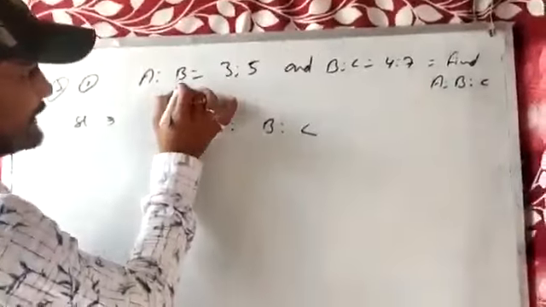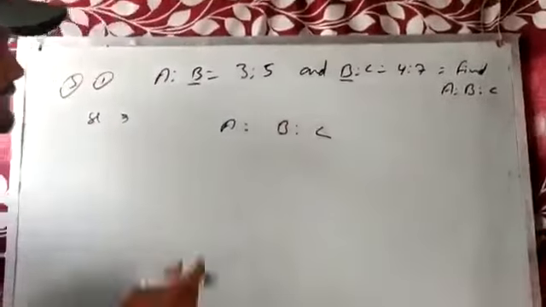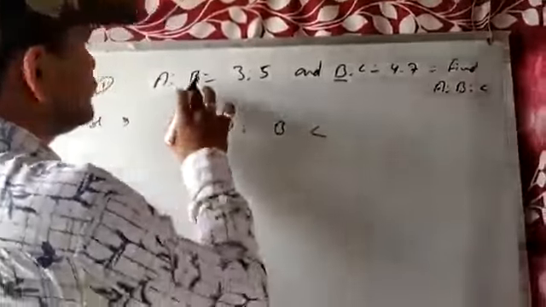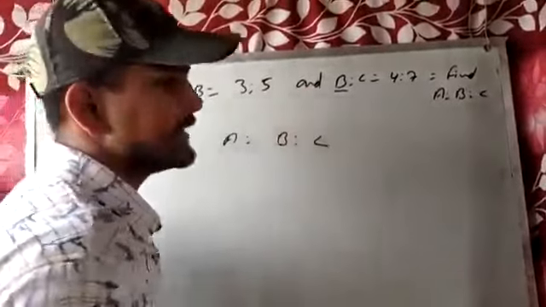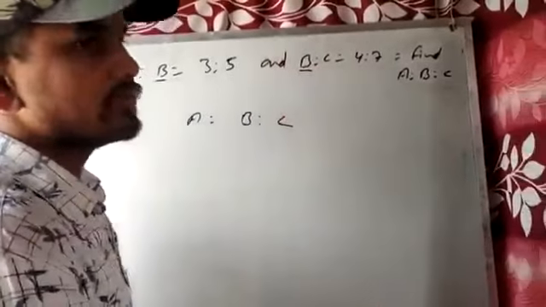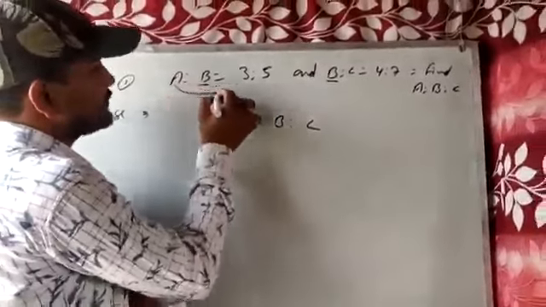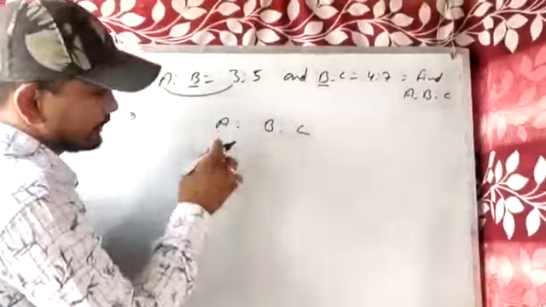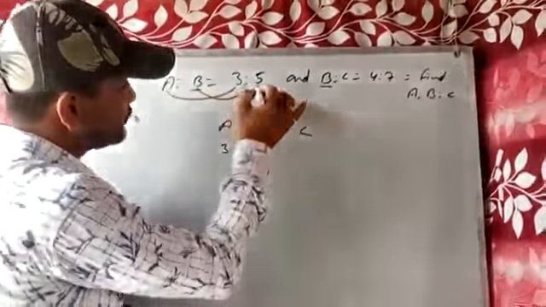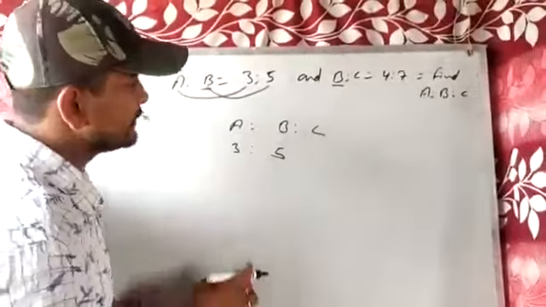See, if B is given here 2 times, so I will write B in center. If C is given 2 times, so I will write C in center. Simply, if one number is given 2 times, you have to write it in center. So B is given here 2 times, so you have to write B in center. Now A. The value of A is equal to 3, so I'll write 3 in front of A. Now is to B. The value of B is equal to 5, so in front of B you will write 5.